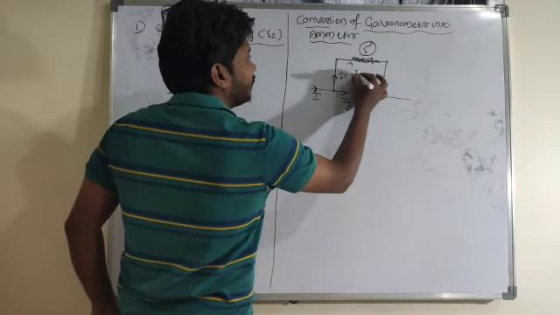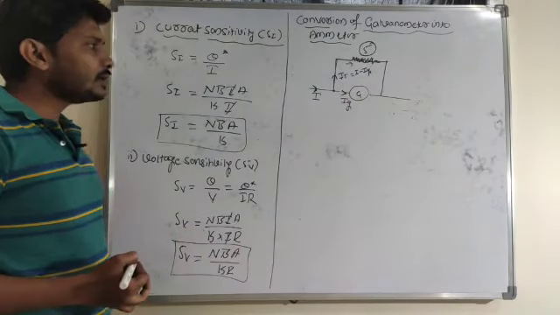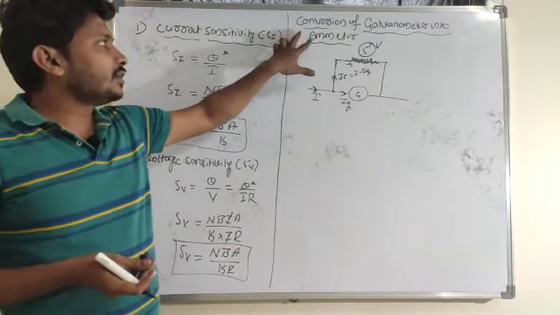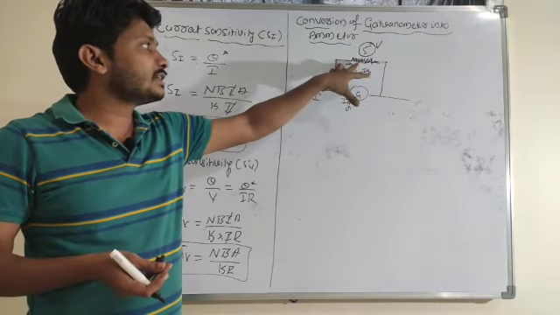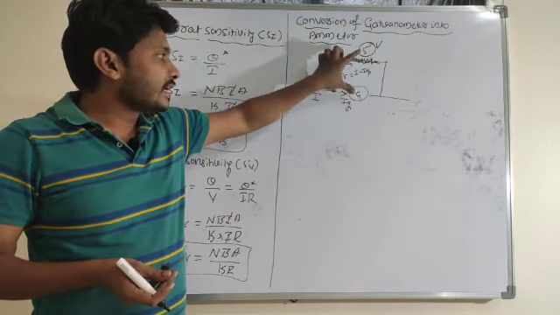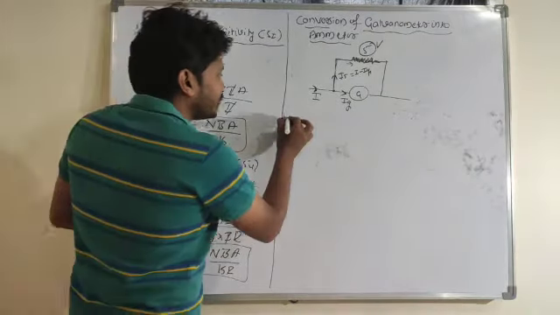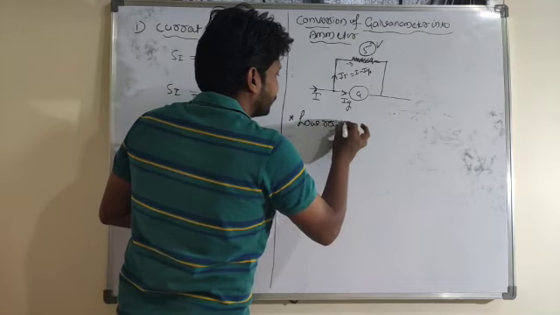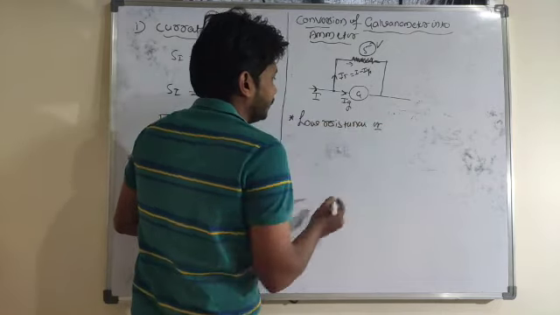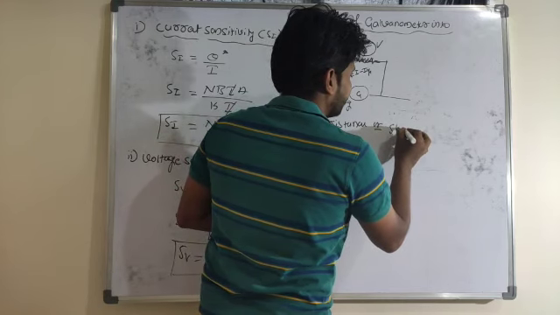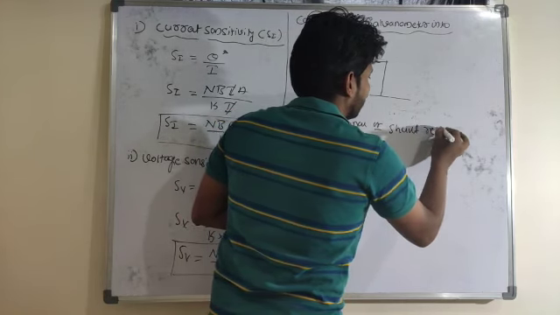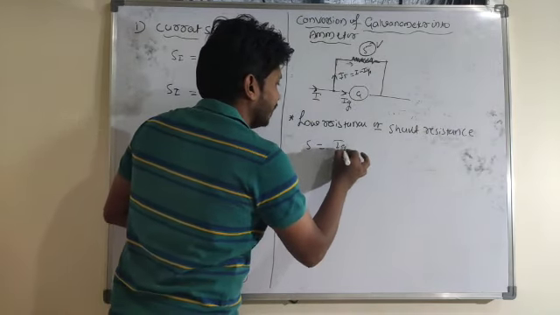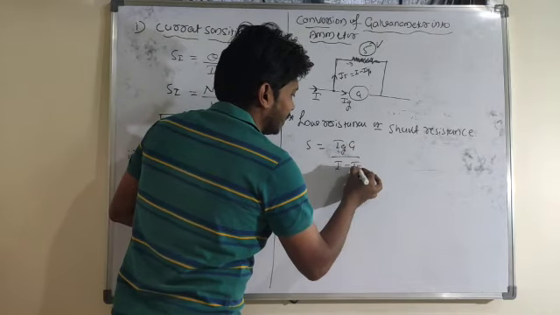So I of S is equal to I minus I of g here. Now what is the value of this shunt resistance I need to find out. In order to convert galvanometer into ammeter, a suitable low resistance I need to connect parallel to the galvanometer. What is that low resistance value here? That low resistance, or by another name, shunt resistance, its value is S is equal to Ig into G divided by I minus Ig.